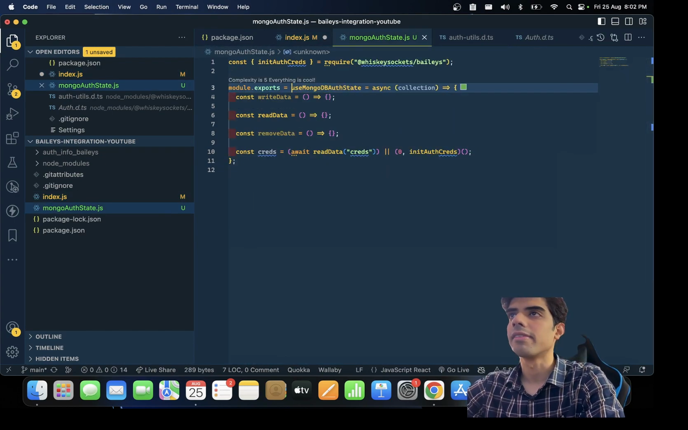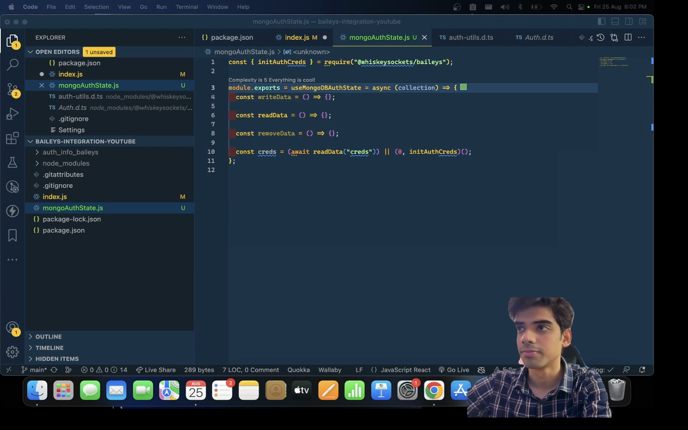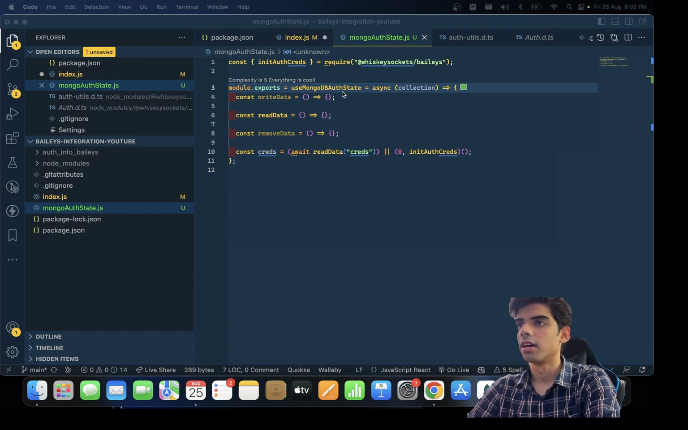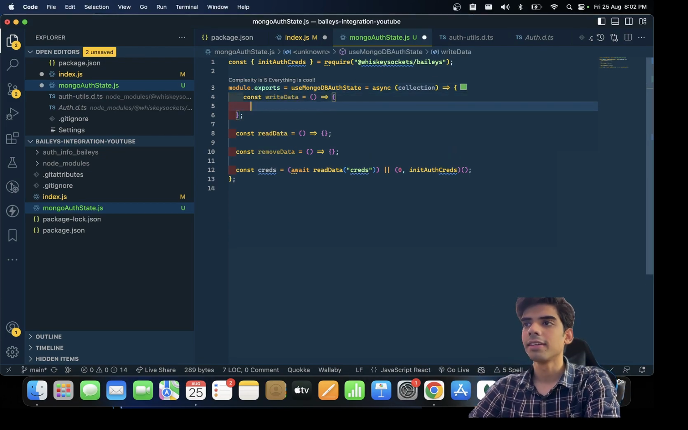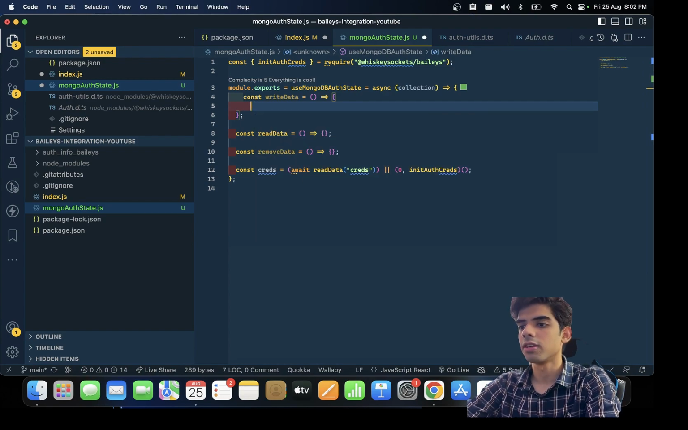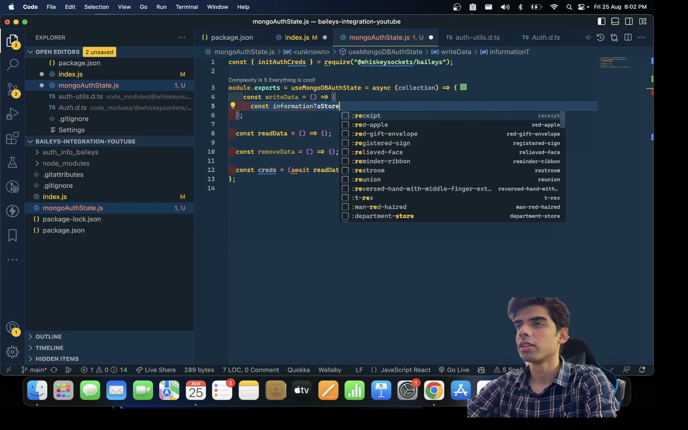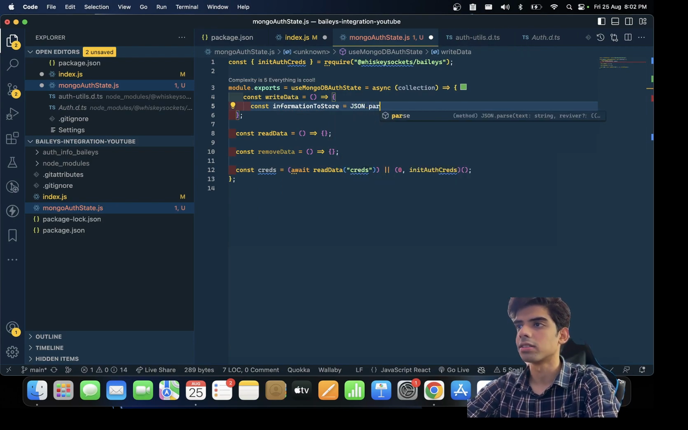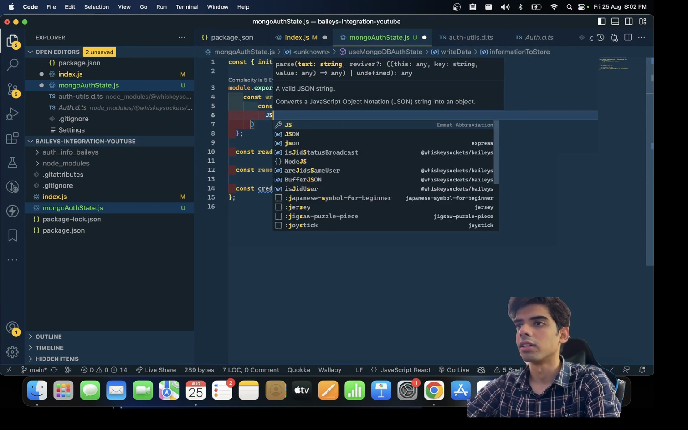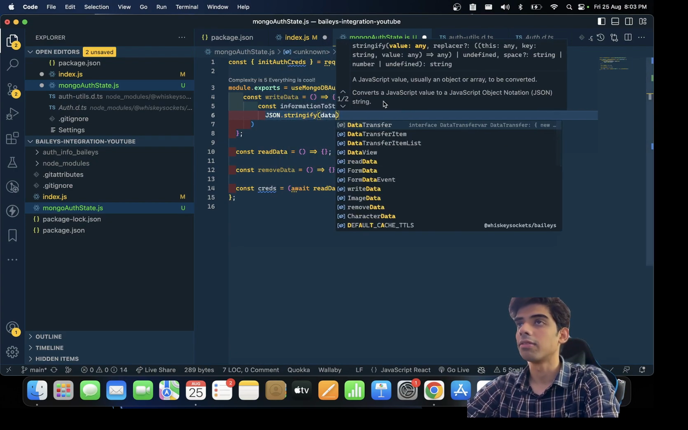Now comes the code where we actually need to write the same code that the guy Perp Shell, who developed this repository, wrote. So just the same thing, but in terms of MongoDB. Okay. So first of all, I need to write information to store. Okay, the information that we need to store, we need to parse the JSON and JSON.stringify the data that we will receive from the